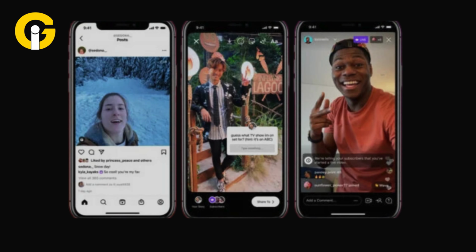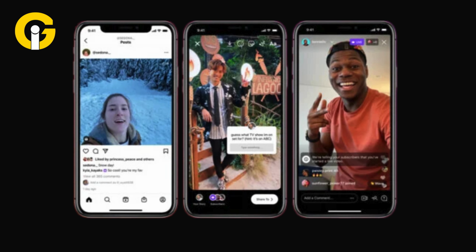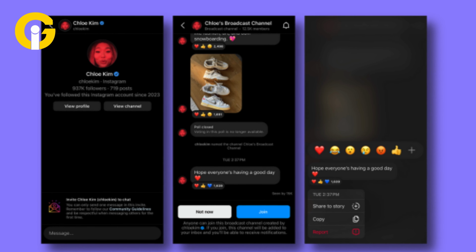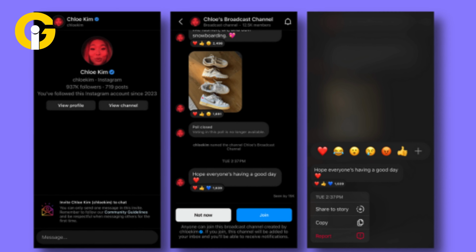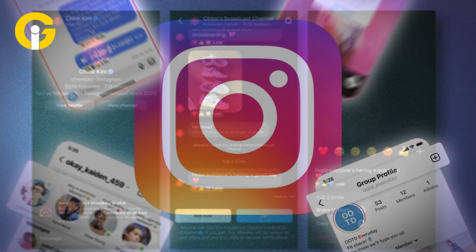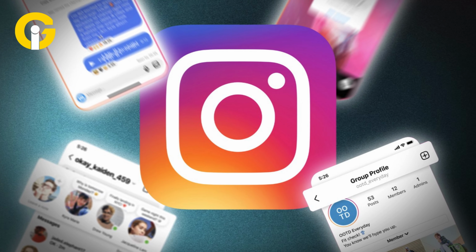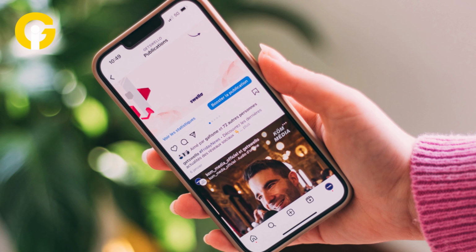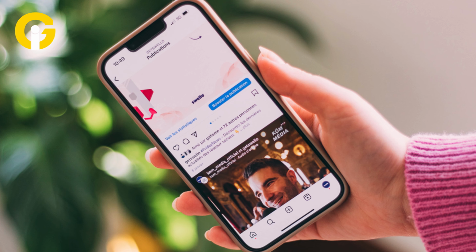However, it is important to highlight that for your channel to be successful, it must be promoted. Therefore, Instagram encourages the sharing of broadcast list links in stories or on the profile, keeping them pinned along with other information. To create a broadcast channel and access interactive features, Instagram requires the account to be professional and designated